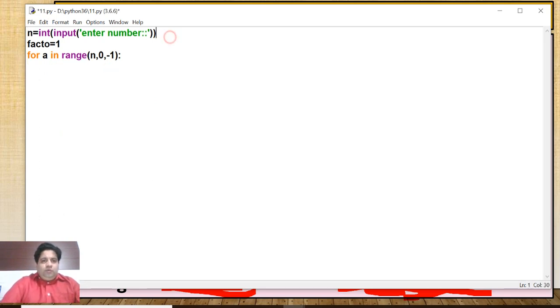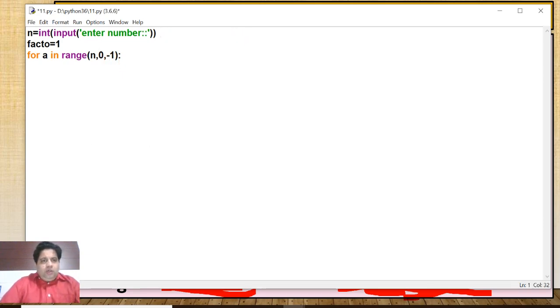Here you have to find the factorial like this: 5 into 4 into 3 into 2 into 1. Suppose n is 5. It means you will execute the loop from n to 1. Now if you write 1, then 1 will not be included, so write 0, and in decreasing order the step value should be negative, so you must write -1. It means the value of a will be decreased by 1 each time.